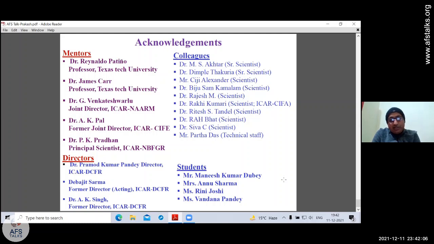They gave me an opportunity to work with them: Dr. C.G. Alexander, Biju, Sam Kamalam, Rajesh M. I work with these people. Dr. Rakhi Kumari, Ritesh Tandel, he's from pathology. Dr. Adil Bhatt, he's from pathology. With Dr. Siva, I got an opportunity to work on the